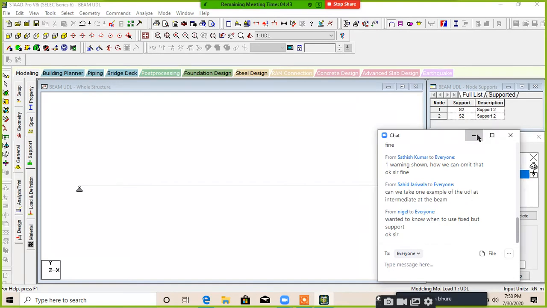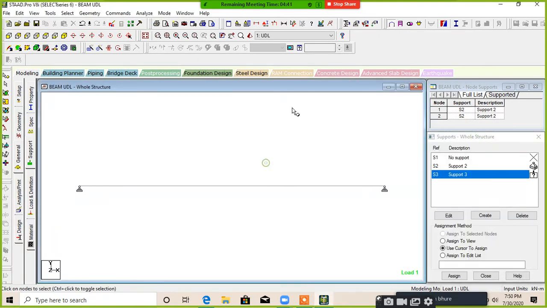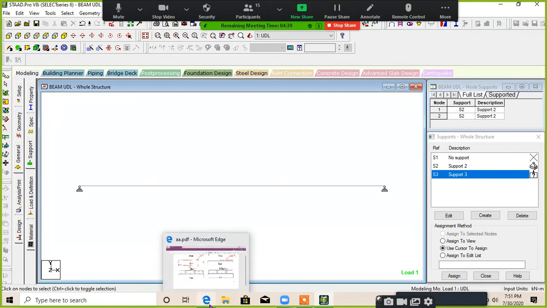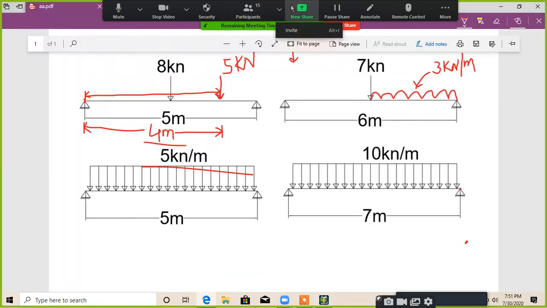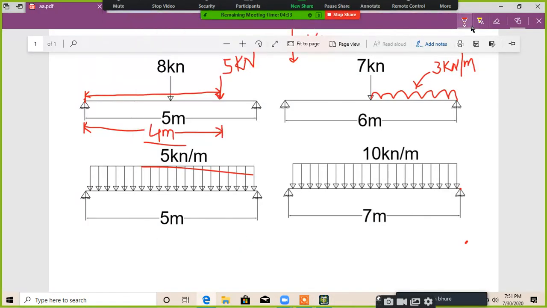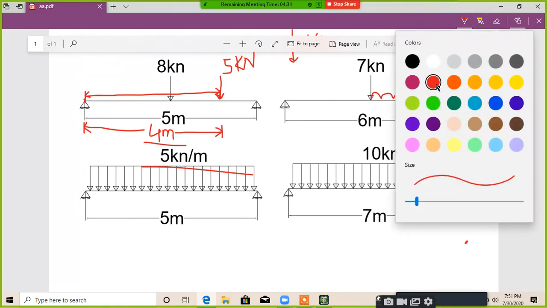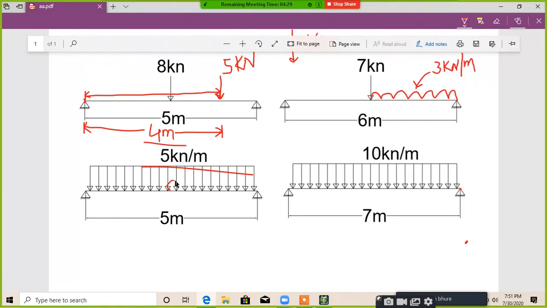Okay, so for the intermediate load, I am taking another load over here. I just draw a load. Suppose this is my another load of 6 kilonewton per meter intensity.